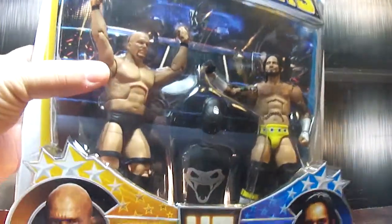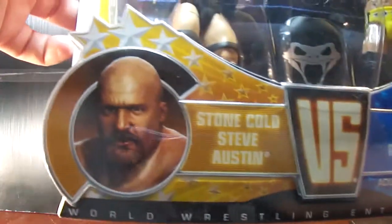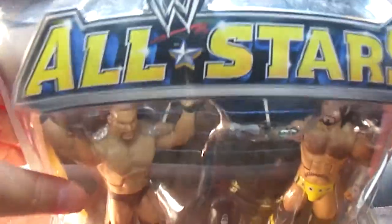So as you can see, the front here is the packaging. Stone Cold Steve Austin, CM Punk. This is how they look in the video game. At the bottom it says World Wrestling Entertainment, Adult Collector, All Stars. And then on the back,